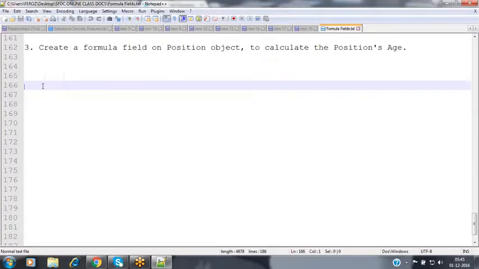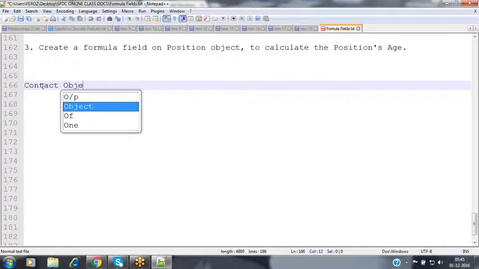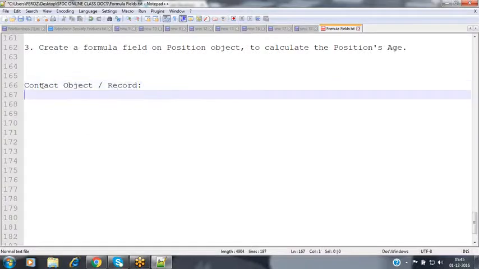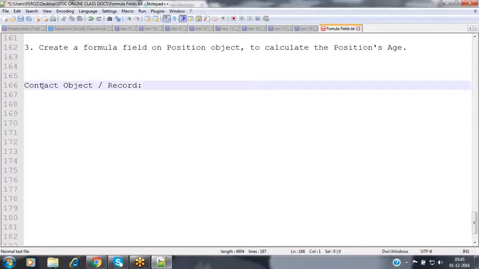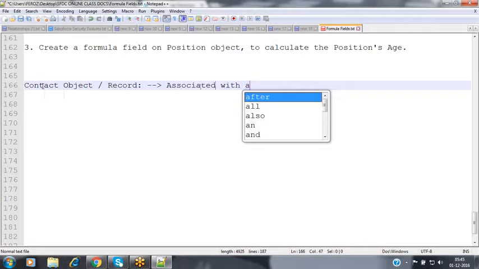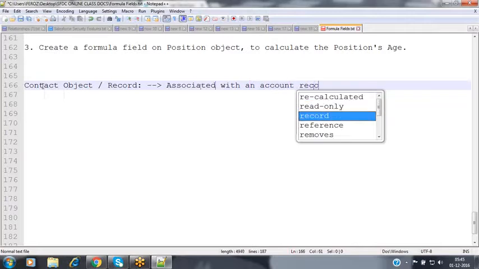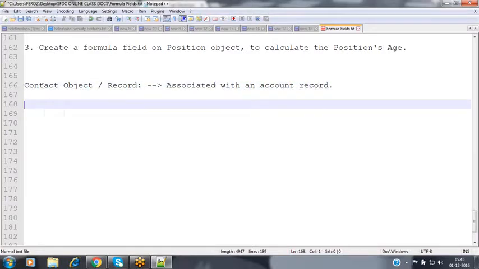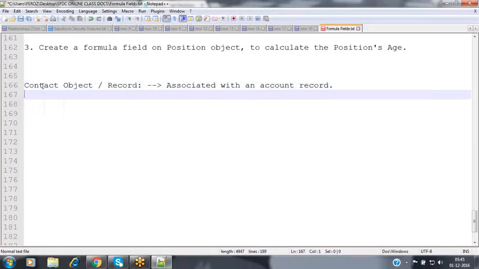For example, assume that I'm having the contact object. And in this contact object, I'm having some contact record. So now this contact record is associated with an account. This contact object is associated with an account record.